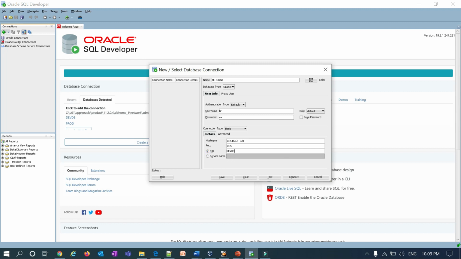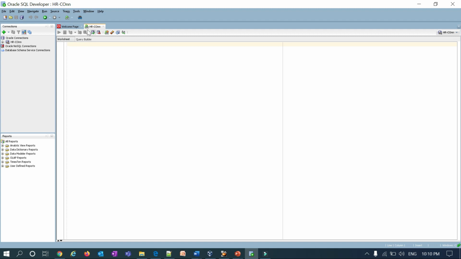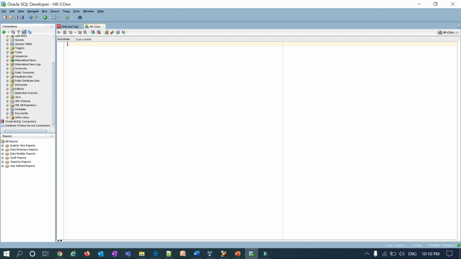So I will use SID devdb and test the connection. The success message you can see here, and I'll use my service name as devdb and test the connection. The success message again here, and you can just do the connect here, and it will connect. It will ask for the password again, give the password and connect. See, your connection is established here, right? So you can see all your schema, HR schema, tables, views, indexes. So this is the way you can connect using SQL Plus, or using other Oracle provided tools, or third party tools like SQL Developer or Toad, and any other supported tools.